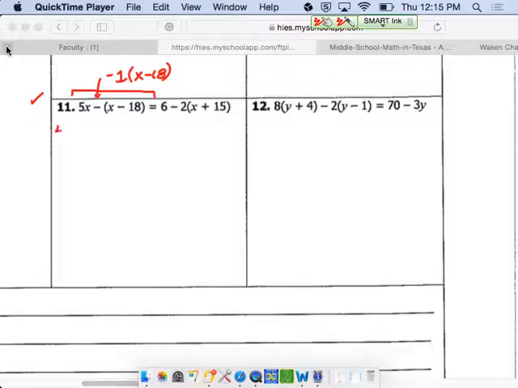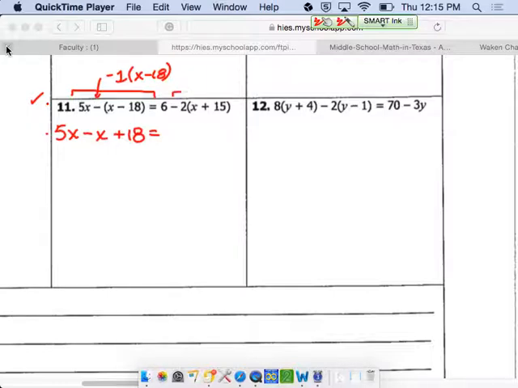So I simply recopy 5x, and then I remove the parentheses, and I would have positive x times -1, so that's going to make that a negative x. Then I'm going to have -18 times -1, making that a positive 18 without the parentheses. So take a minute just to make sure that you understand what happened from the beginning of the problem into the very first step. Then coming to the other side, carrying through a similar logic, only on the other side